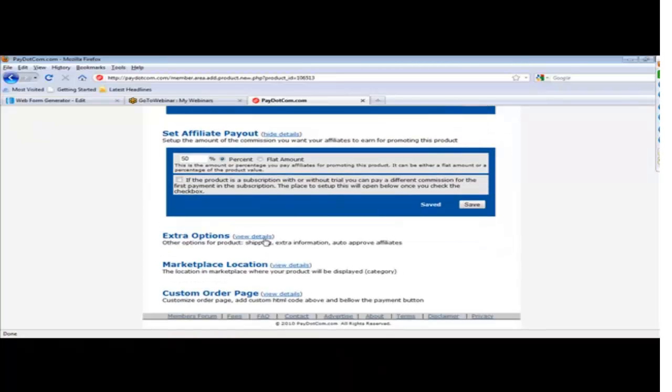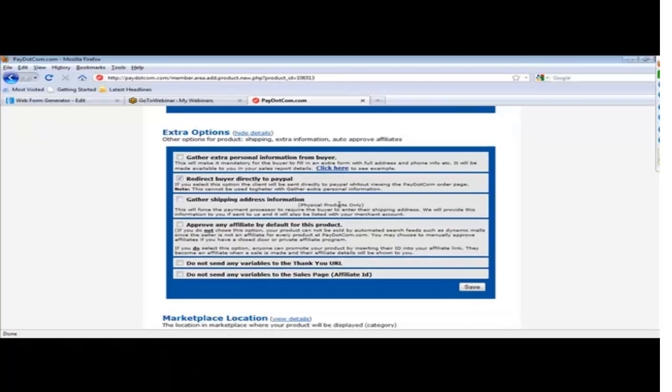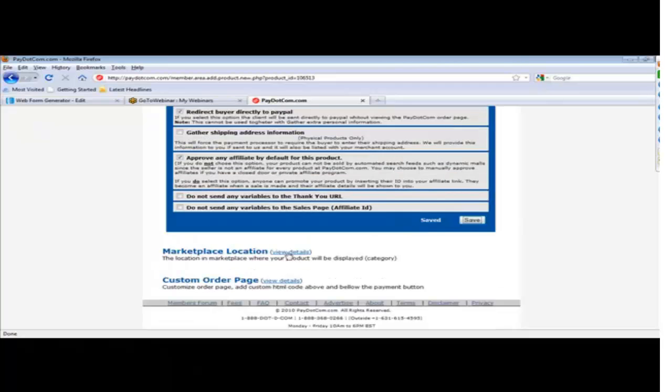Extra options, and this part's very important. This is where you can choose to redirect buyer directly to PayPal to put in their information. If you did have something set up like you were selling videos, but you were actually also shipping them out through DVDs, you could choose to gather shipping address information if you wanted to. For this example, we don't want to do that. And if you do want to have the affiliate program within pay.com, make sure you choose approve any affiliate by default for this product. So what we're going to do now is just click on save right here,